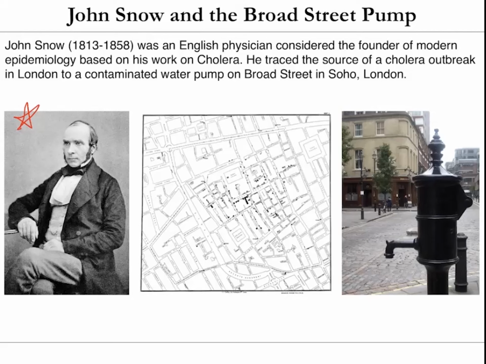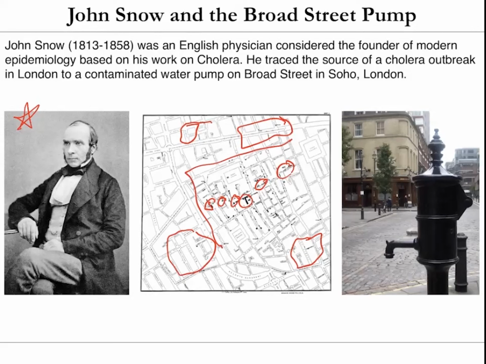There was a really bad cholera outbreak when he was practicing medicine in Soho, London. What he did was he tracked all the places where people were getting cholera, and just as importantly, he tracked the regions where people were not getting cholera. So why is cholera in this region right here? He said, okay, these people are getting cholera. I believe that it's probably coming from water that they're drinking.